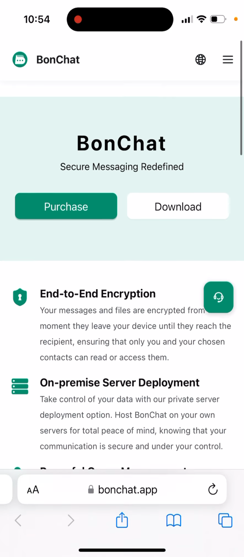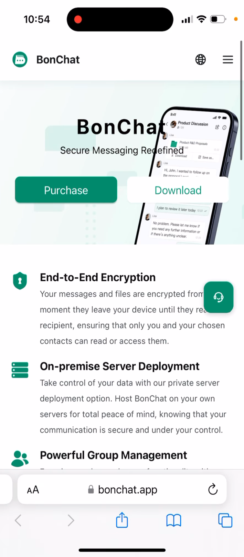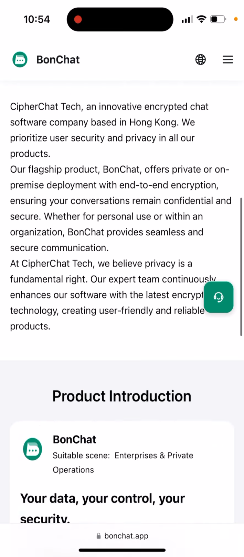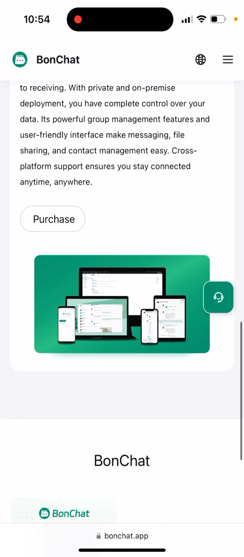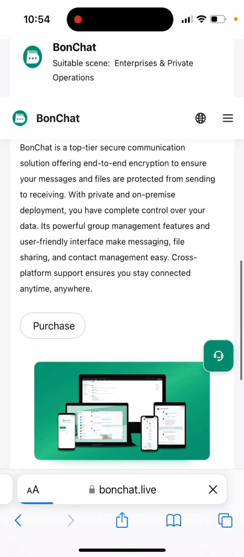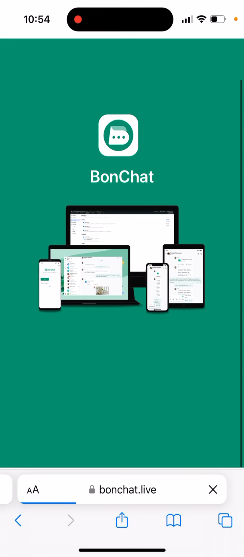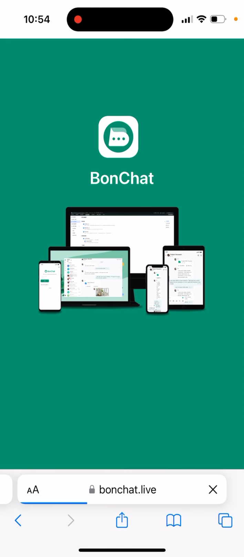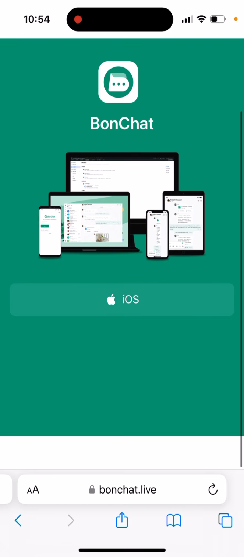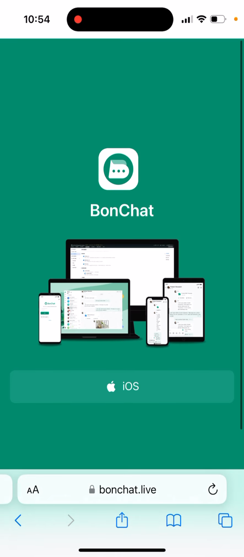So here you can go to the website, BONCHAT.app. So this is their server. As you can see, there is a download button where you can just download it. But that's just the app. If you want to run the server and do the full deployment, then you will need to buy that. So at the moment there is only an iOS app,